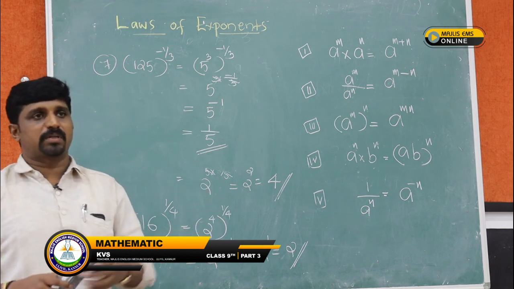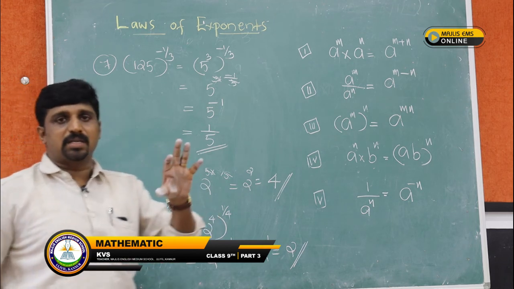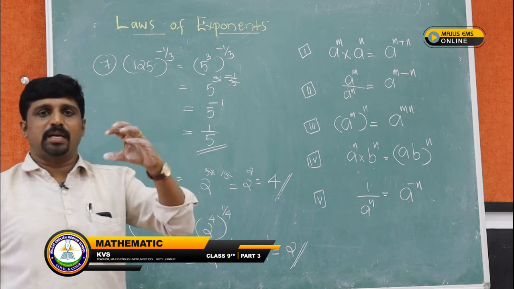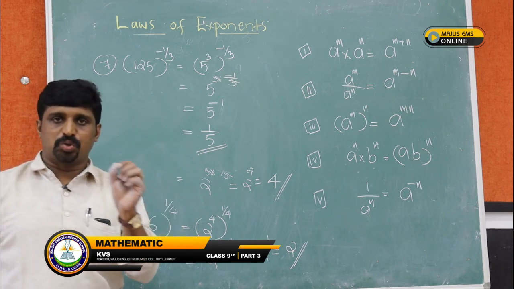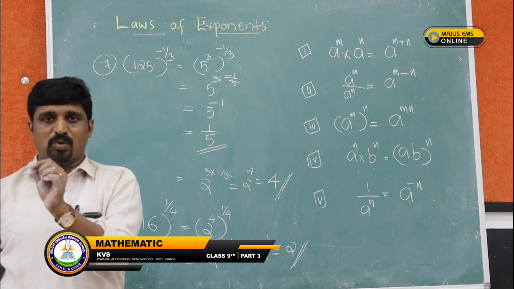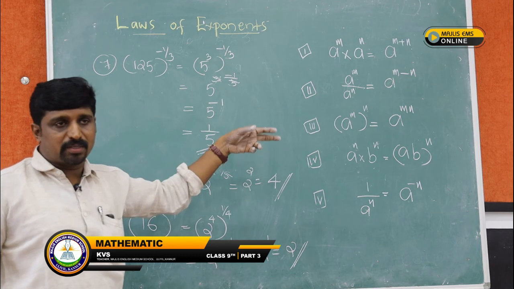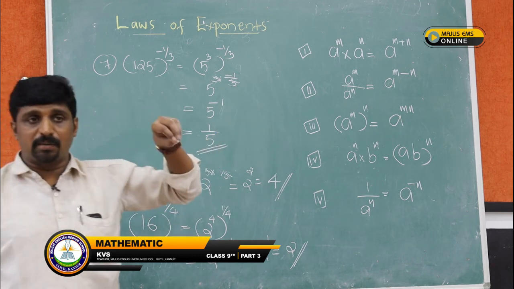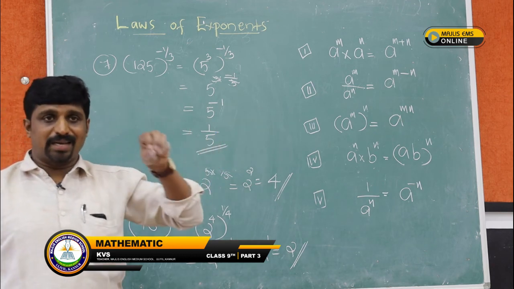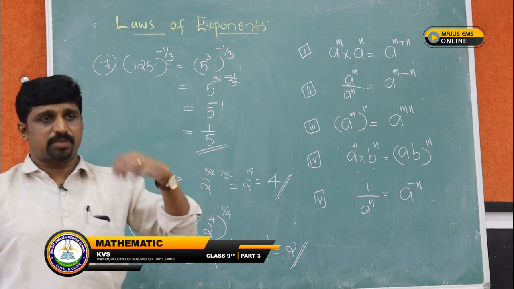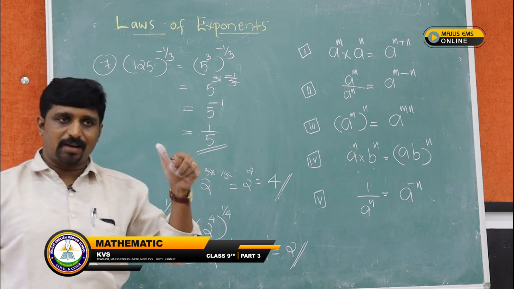We will discuss in this chapter irrational numbers, locating irrational numbers on the number line, root 2, root 3 like this, and the root of 9.3 also we can discuss. Then laws of exponents, operations on real numbers, rationalize the denominator. Like this, so many topics we can discuss. Anyway, you can practice all types of questions. Clear? Okay.